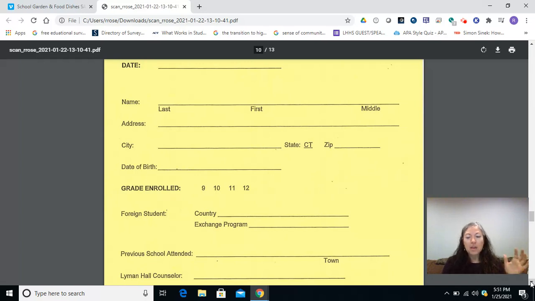And once you put all that medical stuff together with all the other stuff that we just did from the video, that completes your packet for what needs to come back to Lyman Hall. We have a few more things in the video and the packet that go to other places. So just make sure you're staying organized. If you refer back to that checklist from the beginning of the packet and the beginning of the video, it says what needs to go where, what needs to go together. So once you complete the paperwork to send back to me at Lyman Hall, again, you received an envelope in your packet. It's all going to fit in there. I made prototypes and brought them to the post office to figure out how much postage I would need, so I promise they're going to fit. You fold them the right way.